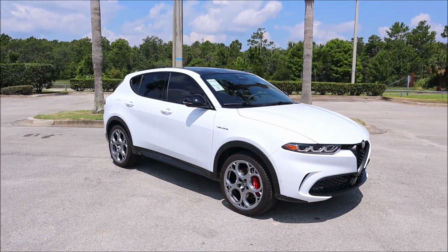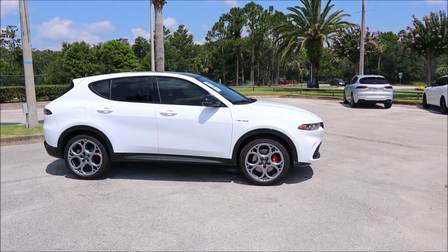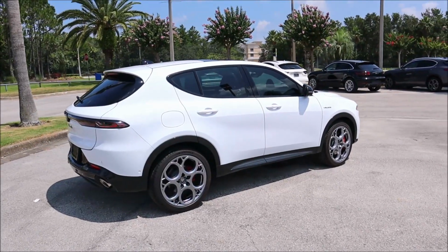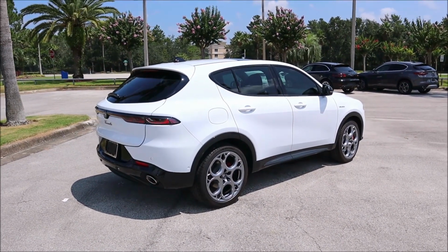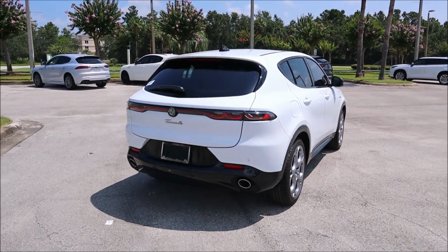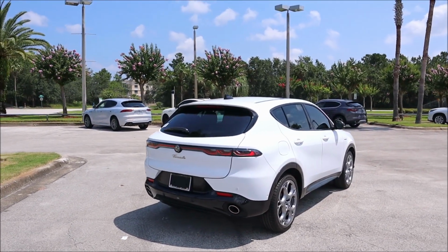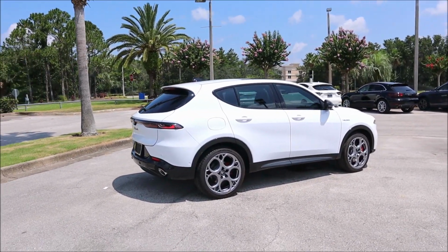Now, what comes with the CUS wide? There are a couple of dimensions that we should talk about because this is different. It's not the Giorgio platform that you're used to, so things are going to be different when it comes to the wheelbase, the trunk capacity, all that good stuff. The length is 178.3 inches or 4,528 millimeters. You have a height of 63.2 inches, 1,601 millimeters, a width with the mirrors at 82 inches, 2,082 millimeters, and a wheelbase of 103.8 inches,